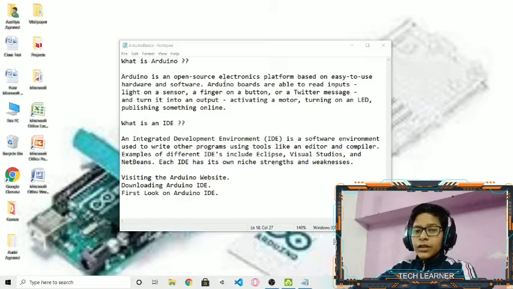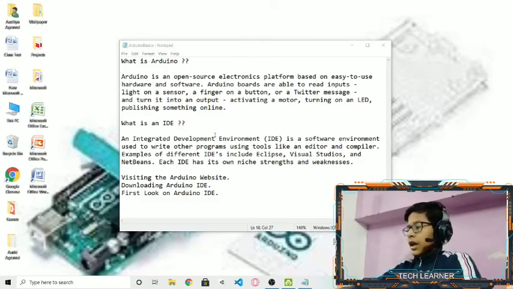Most programming languages have these IDEs, which have an editor in which we write the code and a compiler in which we compile it and run it. Some examples of these IDEs are Eclipse, Visual Studio, and NetBeans. I also use VS Code and MonoDevelop, and each IDE has its own strengths and weaknesses.